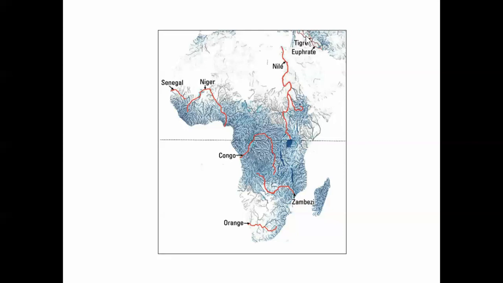You'll notice also up here the Tigris and Euphrates, very important rivers in terms of the development of the Fertile Crescent. Remember, that's going to be on your quiz. The Fertile Crescent is the area, the source of agriculture in Western civilization. And a significant part of the Congo is also quite navigable. Okay, so a lot of rivers, a lot of potential.